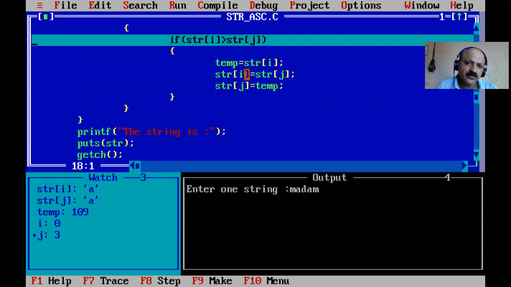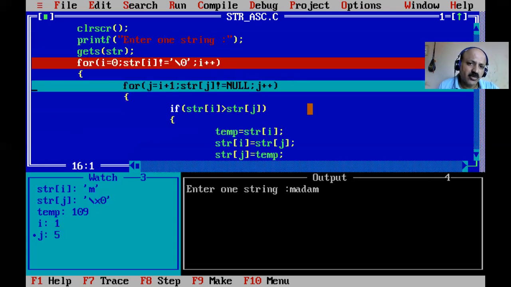So A is not swapped because it has the same 97 ASCII code. ASCII code is greater than or equal to, not. So that character ASCII code is compared. And now M, yes, M is greater than, but A is greater than M, no, false.